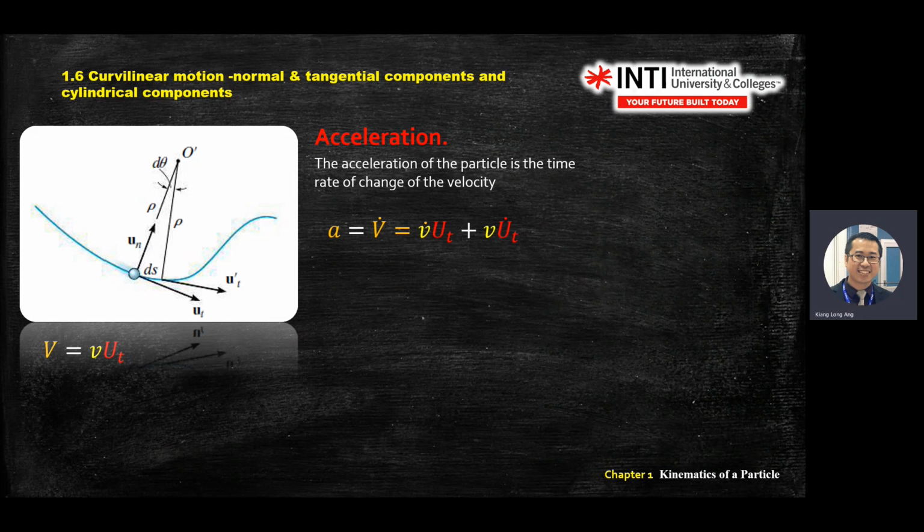You differentiate the vector, with dot products. Just now, what is your v? It equals v times ut, right? This is the vector: this is magnitude, this is direction. These two are vectors. So when you do differentiation, dv/dt,